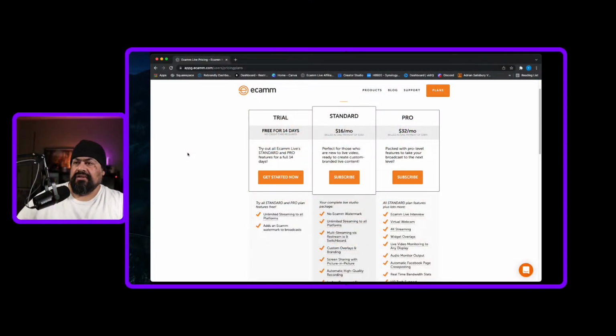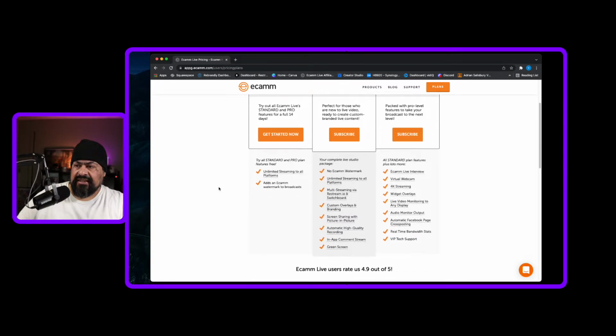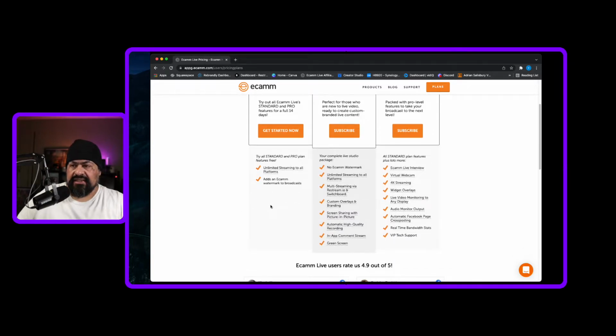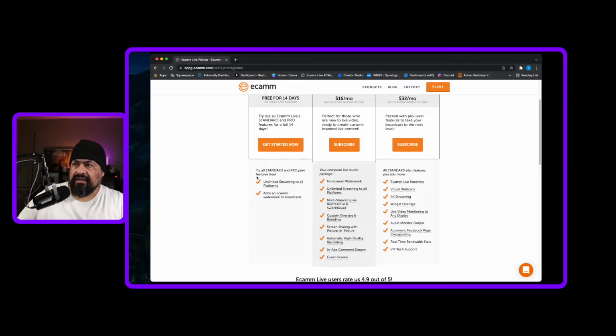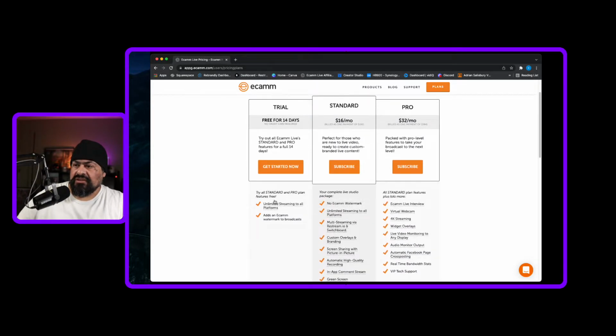So right here, you could see there's the trial. So you get free 14 days. You got your standard plan. You got your pro plan. So for those 14 days, and I think this is where you need to take some consideration, you have here unlimited streaming for all platforms, adds an ECAMM watermark. So you could try the standard and pro plan features for free for those 14 days. And I think this is what's going to be critical. If you do get ECAMM,